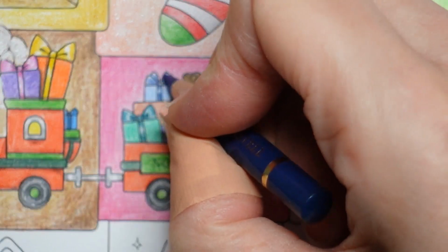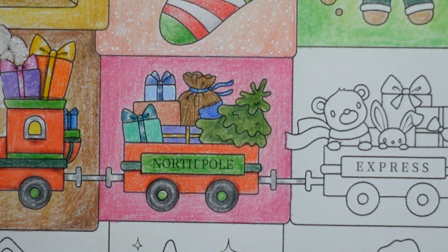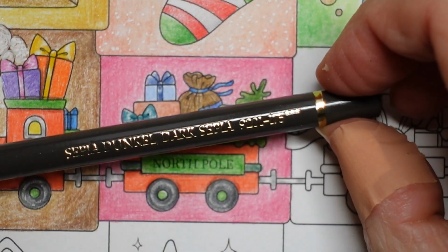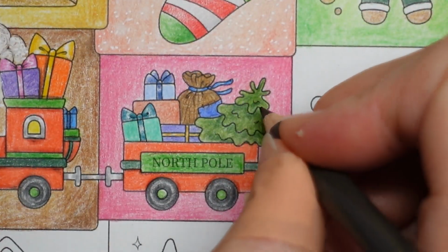So it's very exciting walking through our shopping centre. They were, this is the dark sepia. We're just going to put some shadows in. They were,